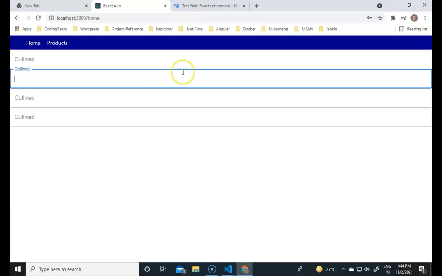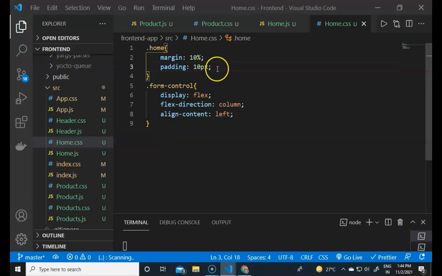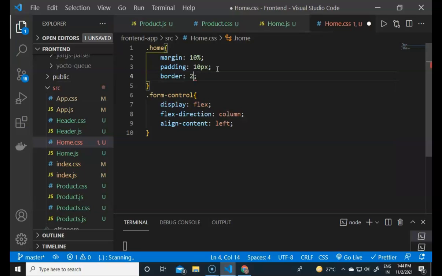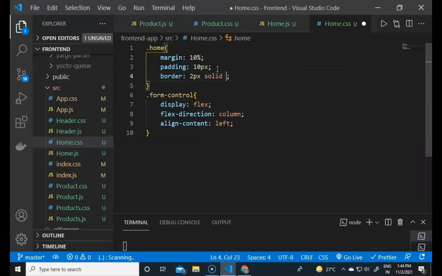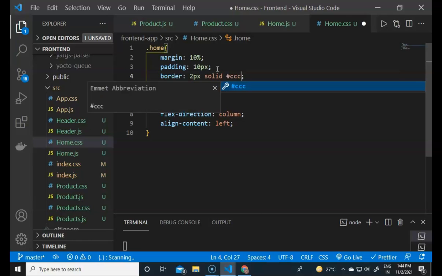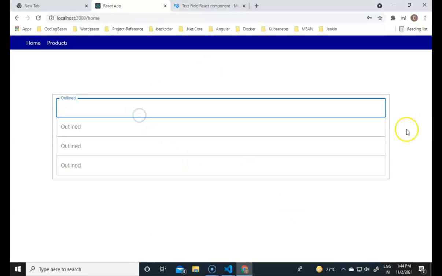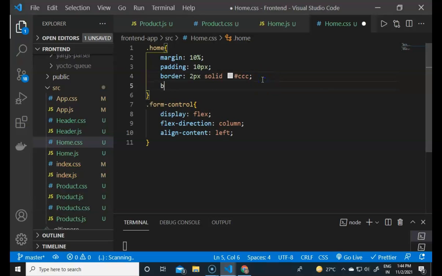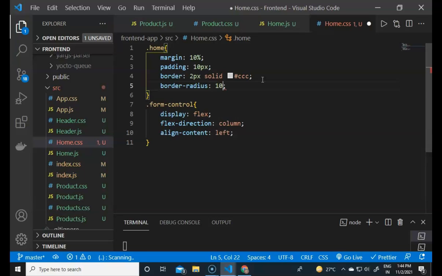If I now save it, you will see it will be in this line. If I now define some more content, like a border, it will contain 2 pixels solid, and the color will be hash CCC. If I now save, it will contain the border from all sides. Now you will see the border is there, and we can add the border radius of 10 pixels.